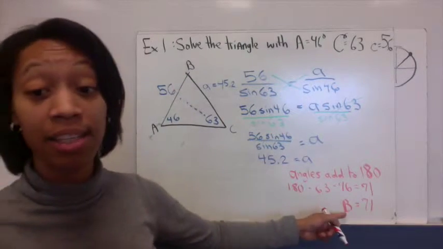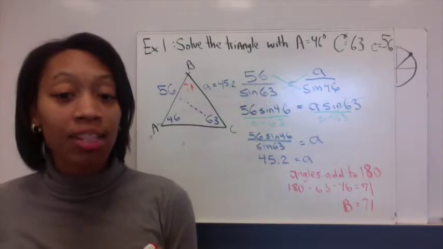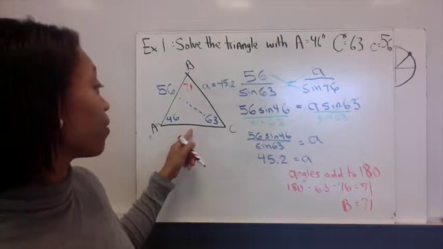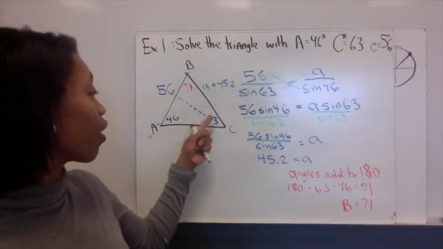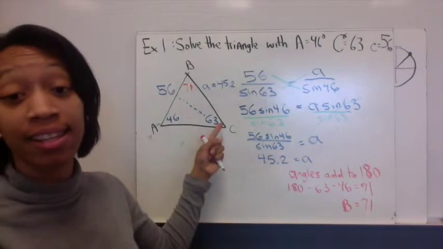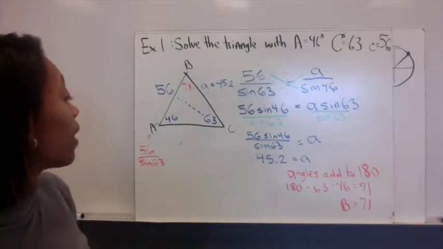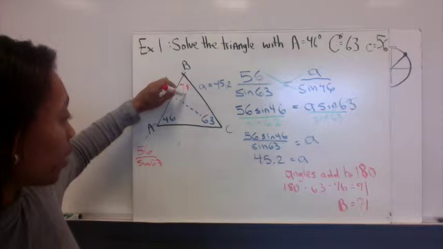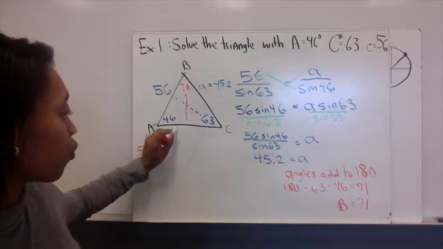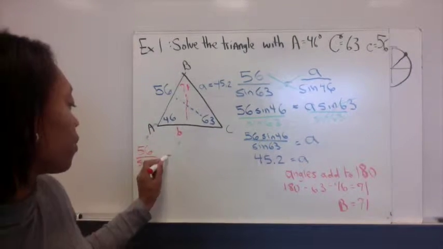So angle B is 71 degrees. Now let's find side b to match that. I'm going to use the same proportion that I already had with the 56 and the sine 63. Now we're going to use the 71, which was directly opposite from what we're trying to find here, side b, equals b